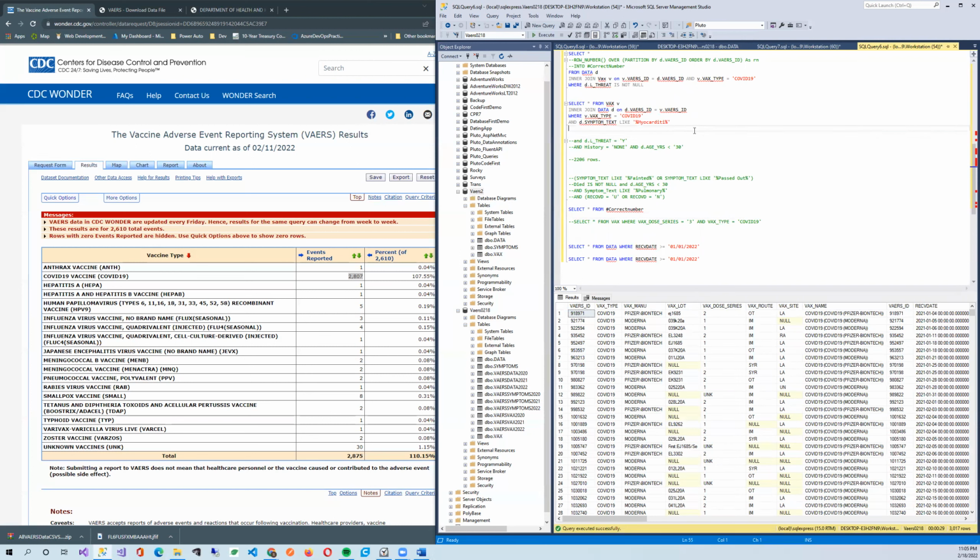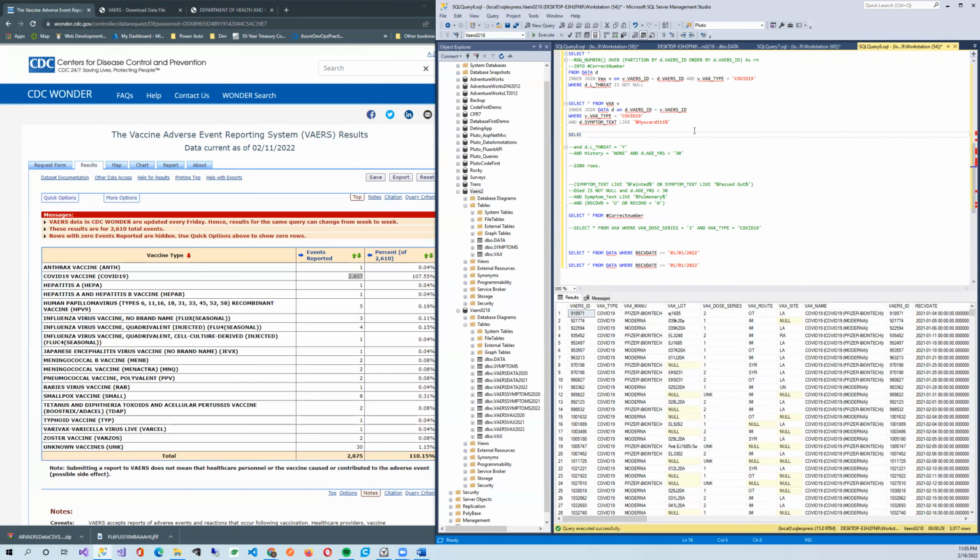Instead of the vax, let me just do the data. Select star from data where symptom_text like